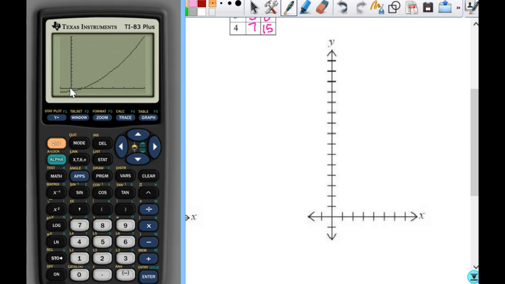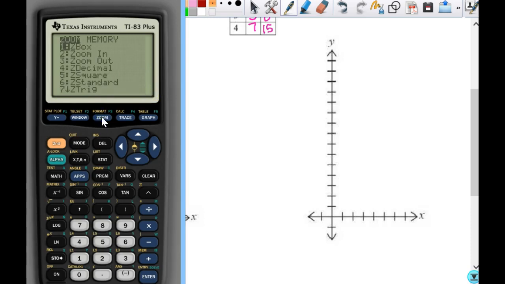So everything's distorted. You just can't always tell, and it's not that bad. What I want is for my x and my y to be the same width here, scale-wise, without me having to guess as to what I need to change my x to. So if you go to zoom,